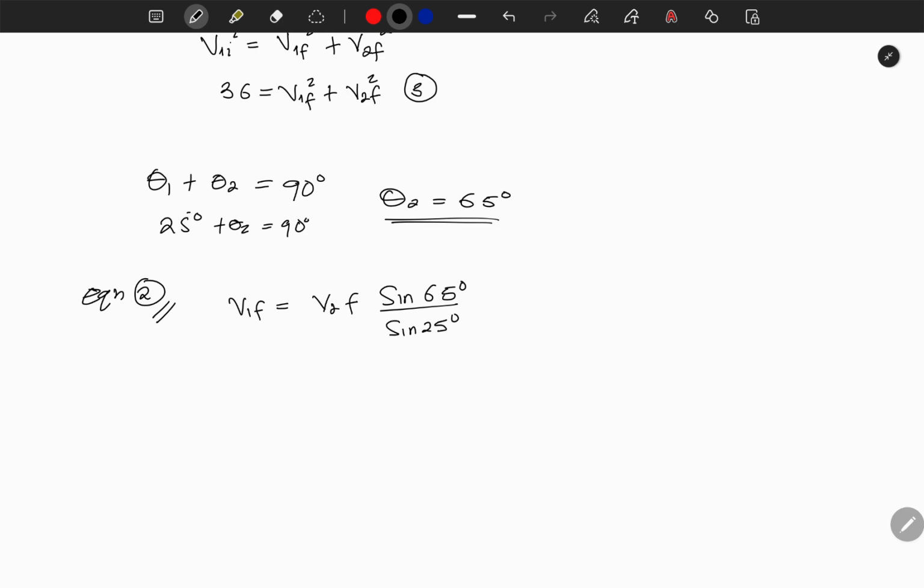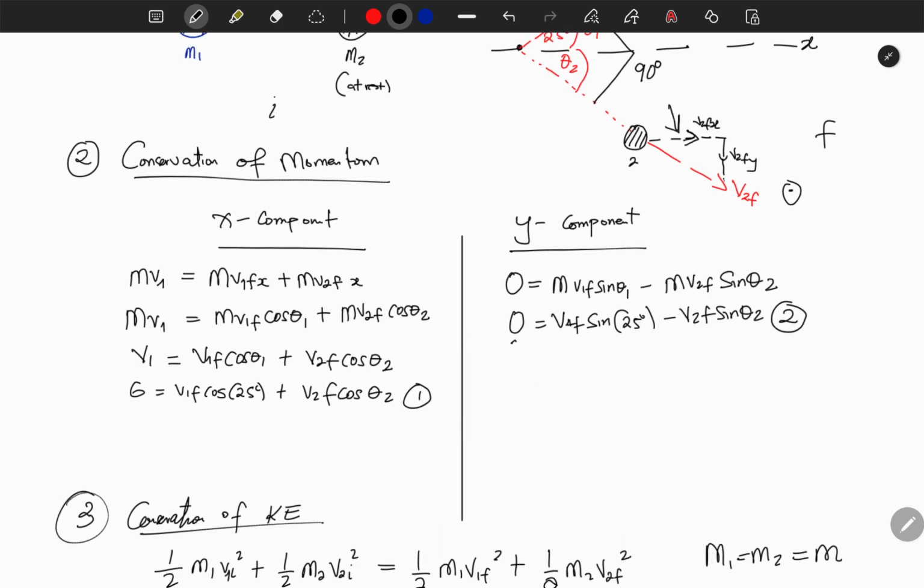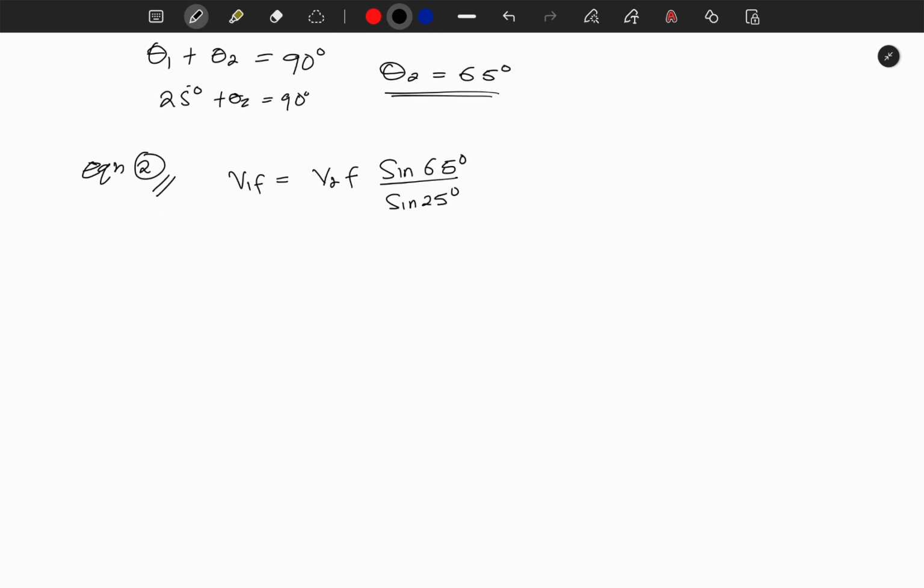Is it true? Yes, it is. I'm looking for v1f, so I have to divide throughout. So sine 25 becomes the denominator, which we can punch directly on the calculator and end up having